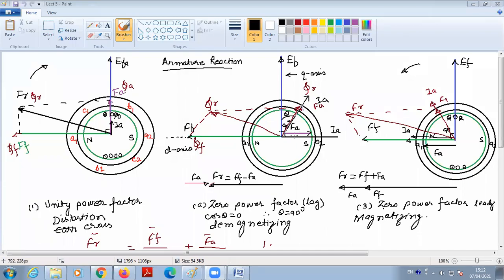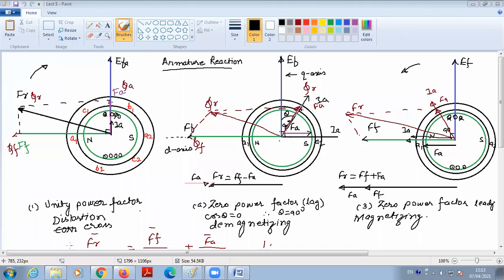In the previous lecture, we discussed the armature reaction. So here, similar to the DC motor or DC generator, again there is an armature reaction. It is the influence of armature magnetic flux over the main magnetic flux. Our objective is to distribute the uniform magnetic flux over the periphery of the armature. But whenever the armature delivers the load current, some magnetic flux is produced by the armature winding, and it will react or interact with the main field flux, and therefore there is a disturbance in the main field flux.